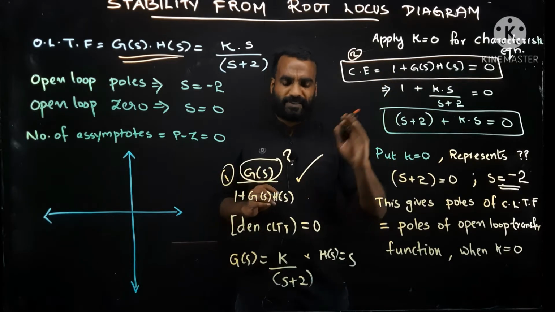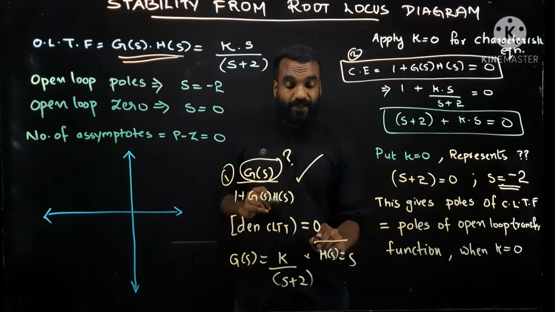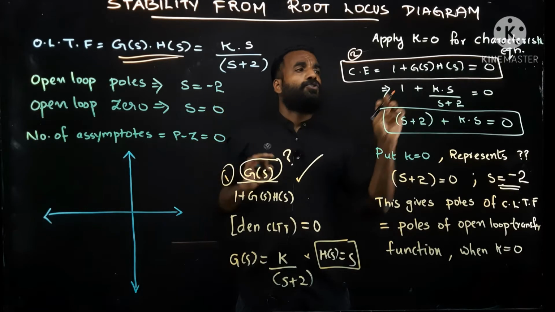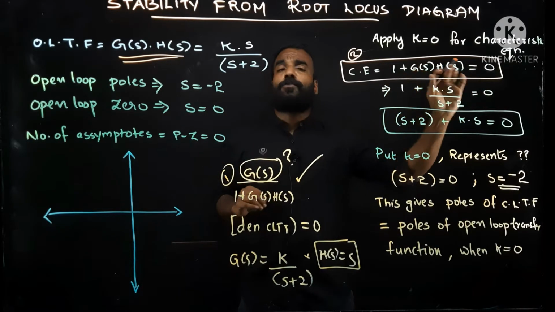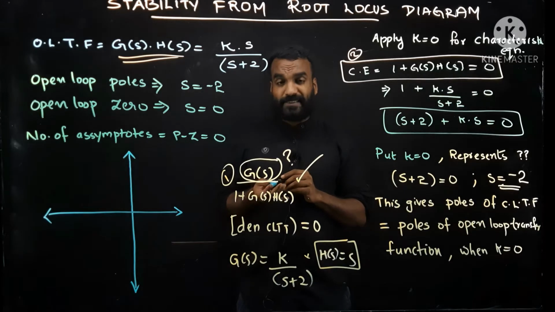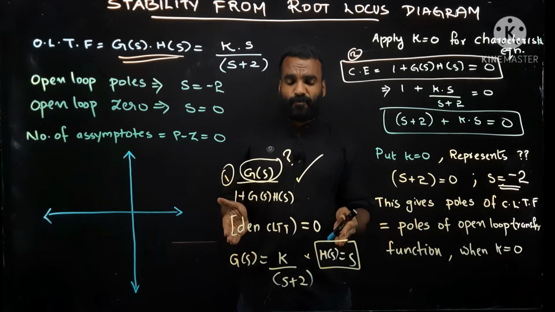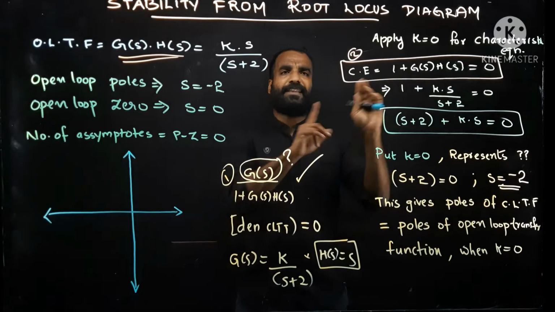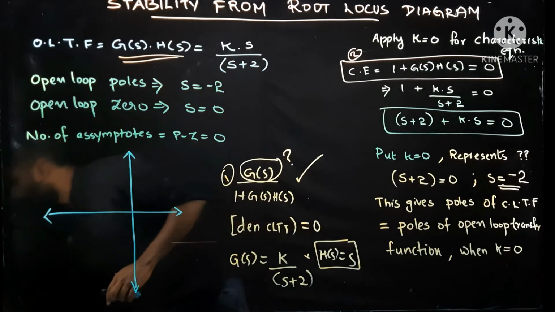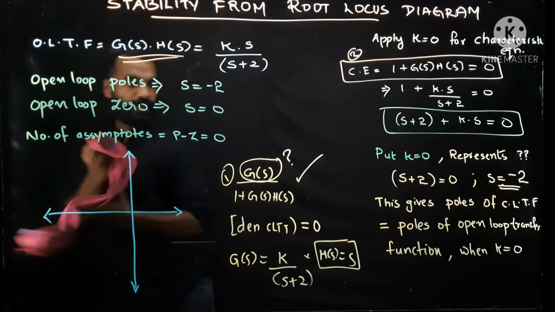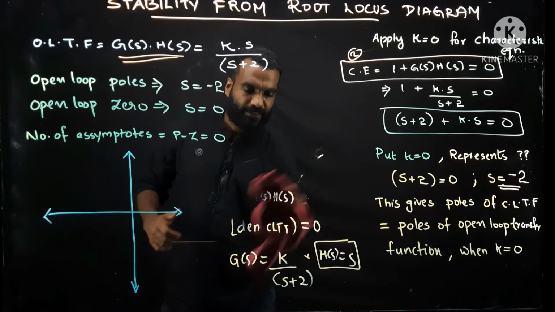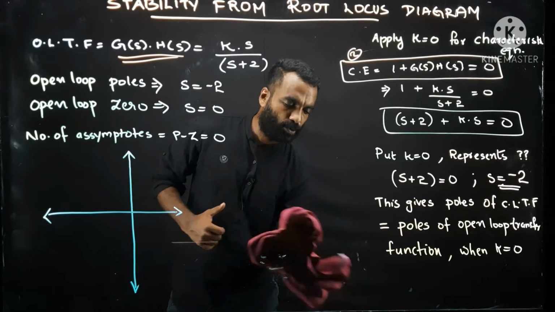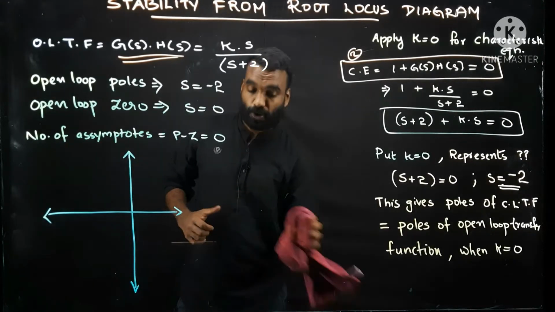Definitely these two will give the same answer, provided you have the split up of G(s) and H(s). Generally the split up will not be there in a root locus problem, so you have to go with 1 plus G(s)H(s) equal to 0. Okay, I hope this is clear. If not, please work out the characteristic equation using this method and this method. Anyhow, I will be rubbing this area because it is not needed now, because in our calculation we are always following method 2 in the case of the root locus diagram.